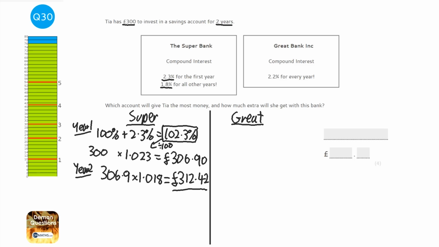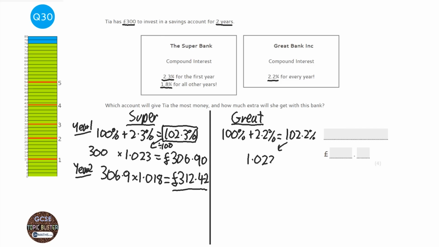Now, the Great Bank's a bit easier because it's just going to stay at 2.2. So let's work out as a multiplier. 100% plus 2.2% equals 102.2%. And then as a multiplier, that is 1.022 by dividing it by 100. So we're going to times that £300 by 1.022. So 300 times 1.022, and I get